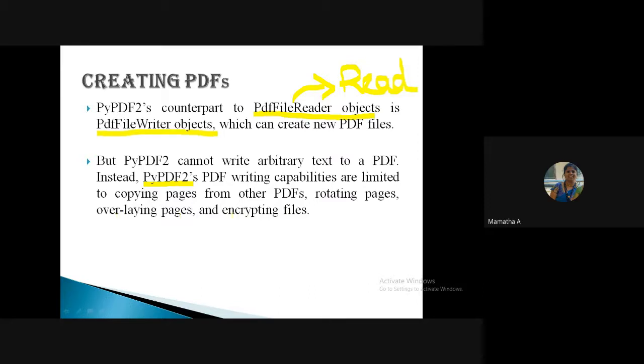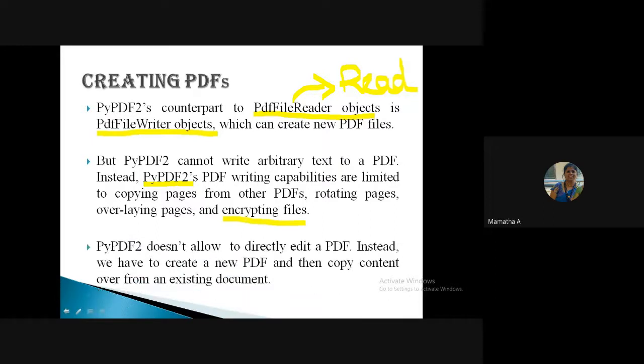You can also encrypt the PDFs using the PyPDF2 package. As I told you, it does not allow you to directly edit a PDF. The existing PDFs cannot be modified.